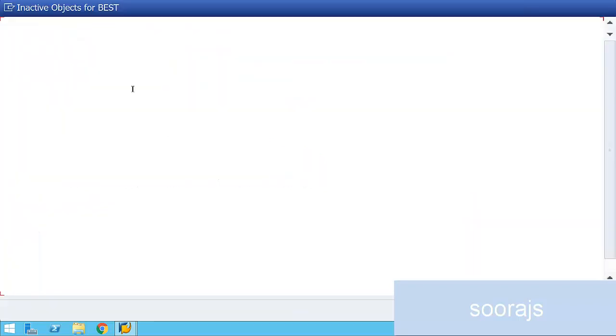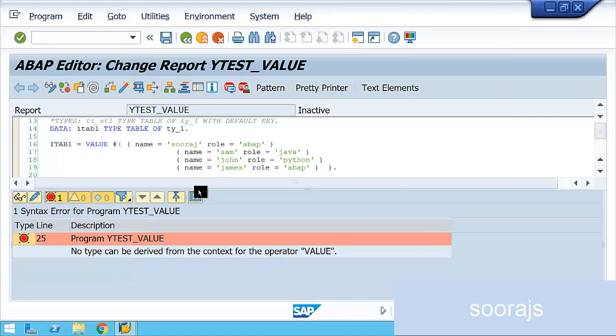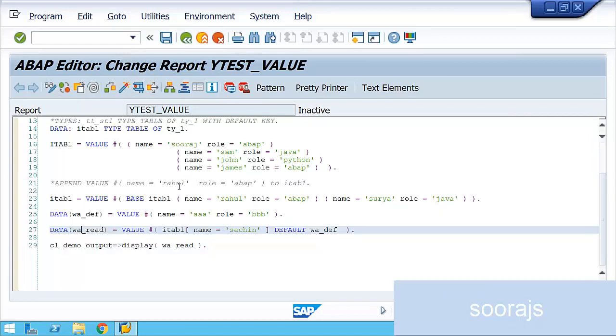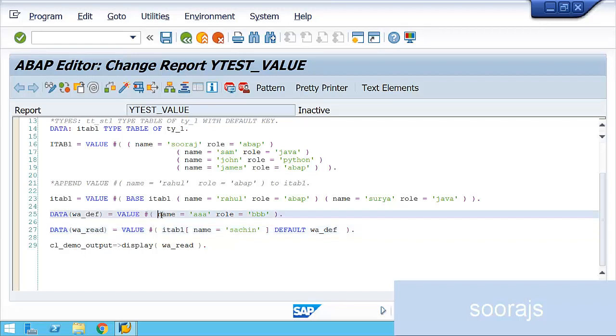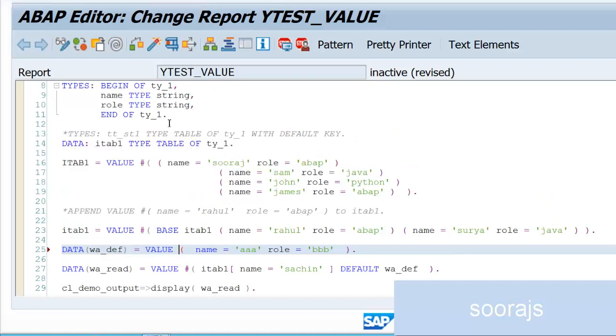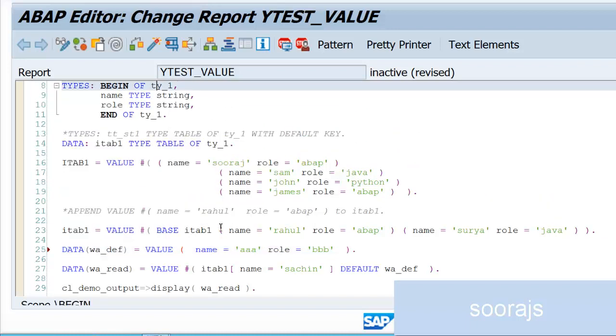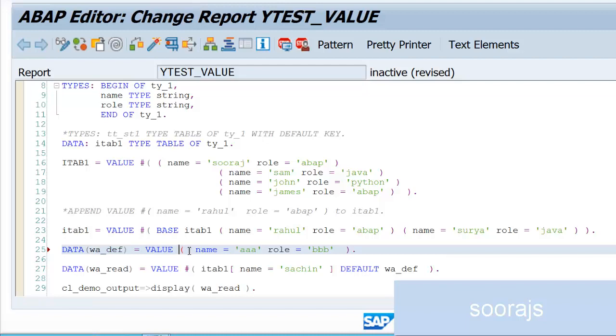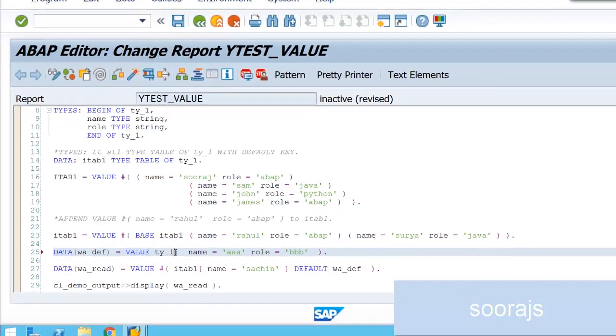Activate. There is some error: no type can be derived. Why? Because I'm providing this as #, and I'm not providing any itab here. So what I can do is provide the type explicitly. I can mention the type as ty_1, because we are going to put it back to a structure, a work area.